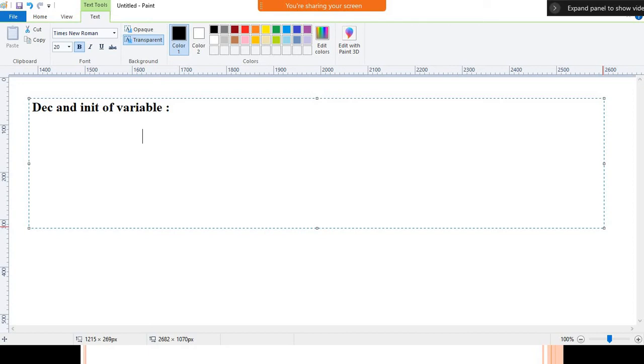For example, here declaration arrows. So here I will use syntax. How will we do that? So here the syntax. First we need to specify the data type keyword. Make a note of that. Data types are different and keywords are different. Keywords are the reserved words of the system. After that, name of variable. After that, the equals to symbol. And after that the value. This one is the syntax of declaration and initialization of variable. So make a note of that.